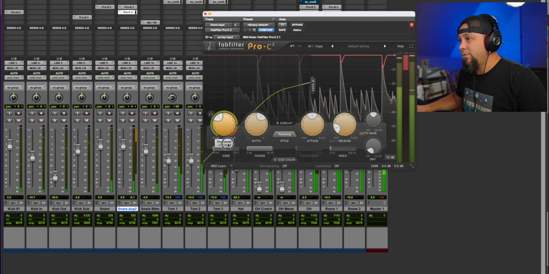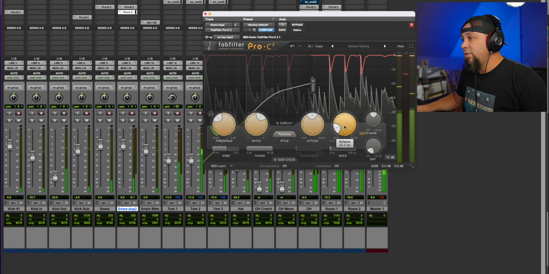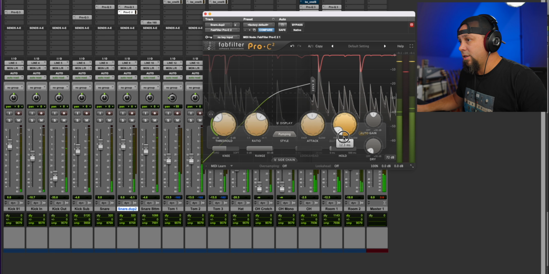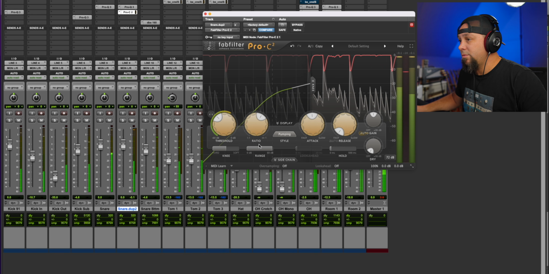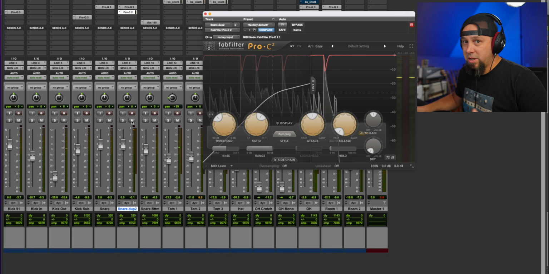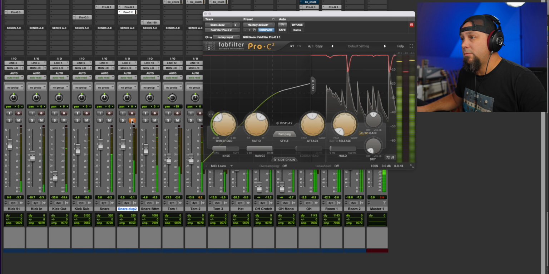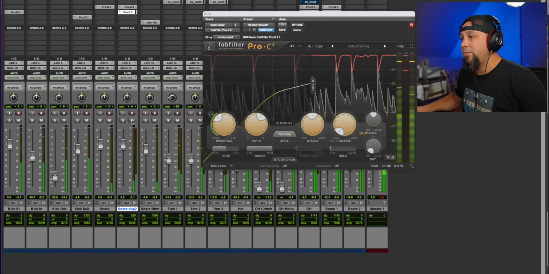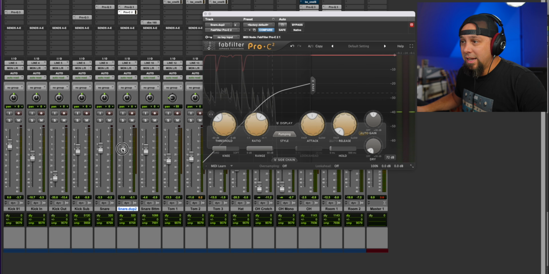Let's pull this down. Let's pull the release faster. So now there's going to be an increase in volume, but here's the difference. So if we pull these both down to try to simulate the same volume,